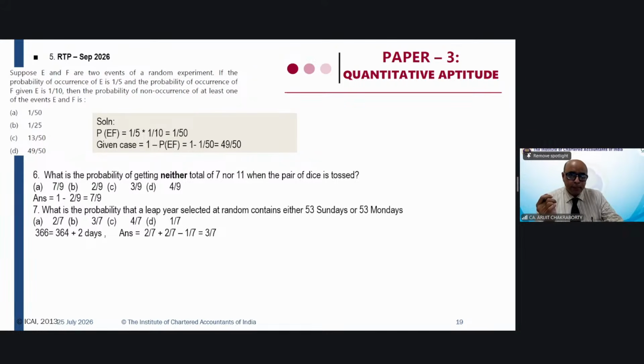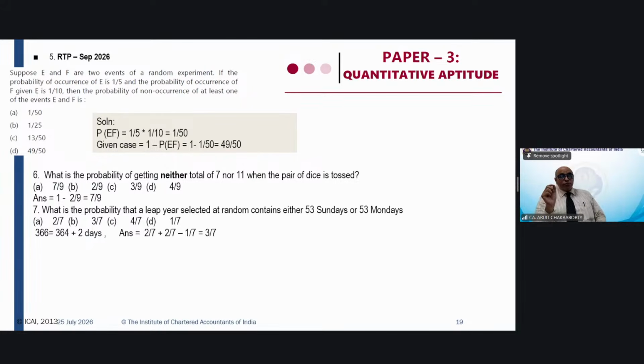Out of this, we need a Sunday, or it can be a Monday. So therefore, the 364th day is over, 52nd week is over, 52 weeks are gone. The 53rd week either can start like this, Sunday, Monday, or we need to get a Sunday or a Monday. So either it can be Sunday and Monday,